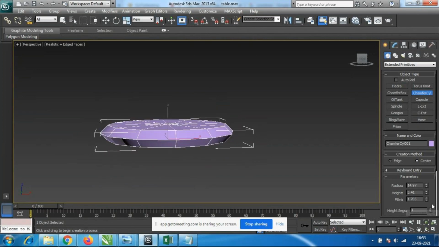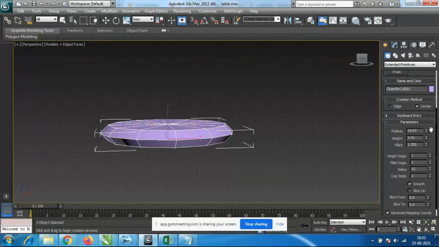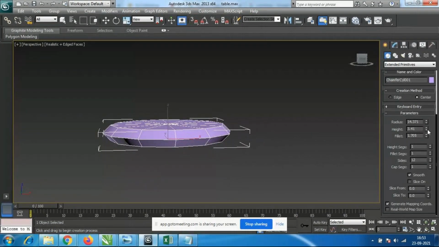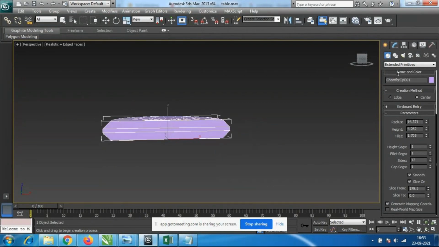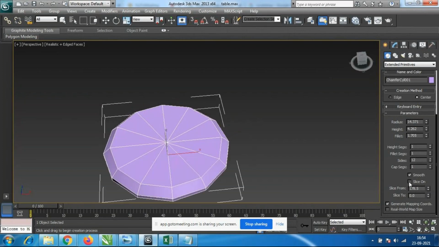And radius, if we go to the property window, we have the options radius and height, and slices, only however many slices you want. I don't want the slices. This is the segments on the cap. Cap means this is the segments on the cap, and the height is there.